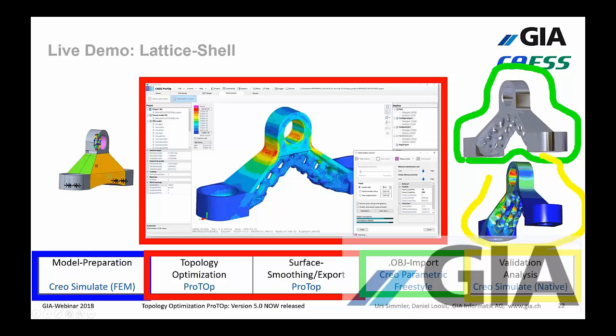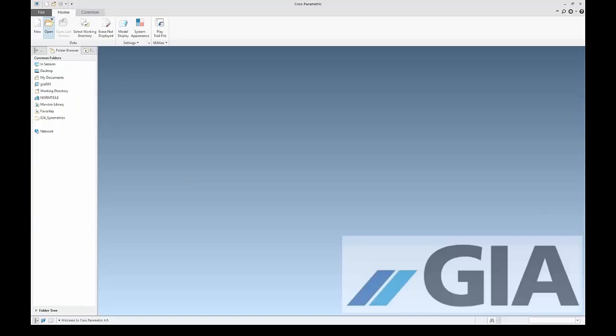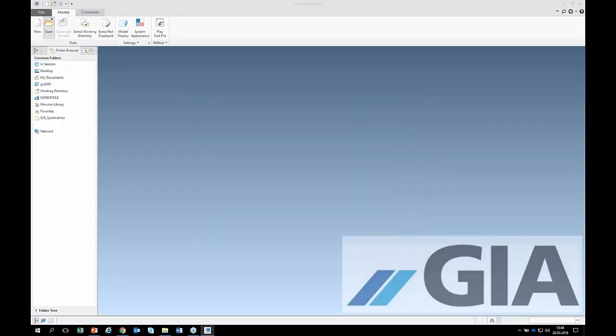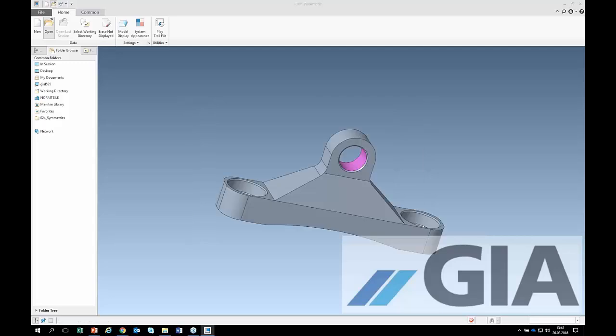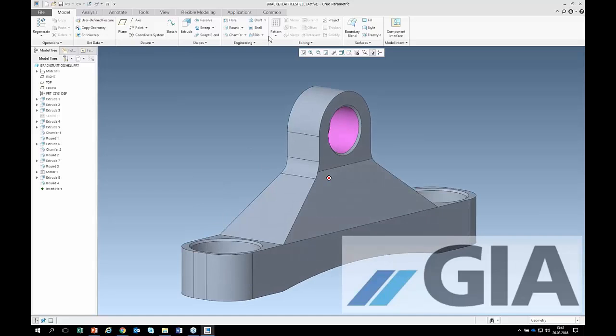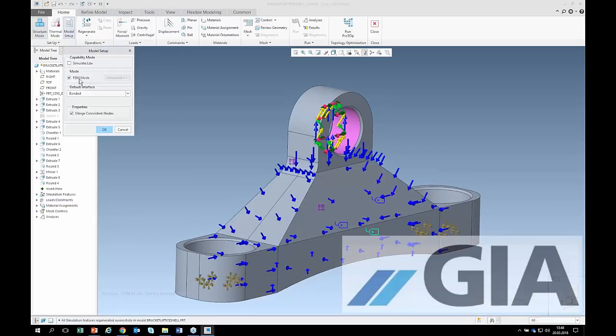CAD system. This is called Creo Simulate. So let's start. With that one, we're going for Creo Parametric. In Creo Parametric, I'm going to open my component here. Component is loaded, and I will here reach Creo Simulate. In Creo Simulate, I will use here the FEM mode in order to get some edge